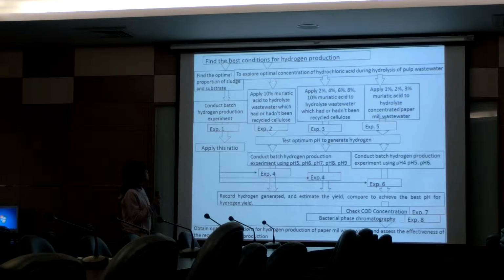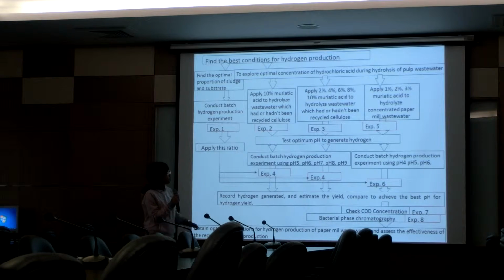Next, we use 10% muriatic acid to hydrolyze wastewater which hadn't been recycled cellulose, to see if we have to hydrolyze it or not. And the result tells us that the wastewater after hydrolysis has more reducing sugar. So next we test the best muriatic acid concentration to hydrolyze wastewater